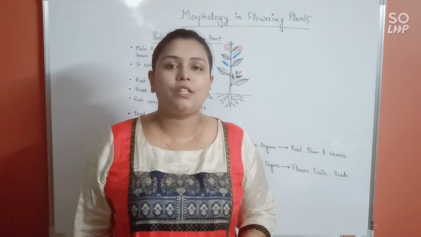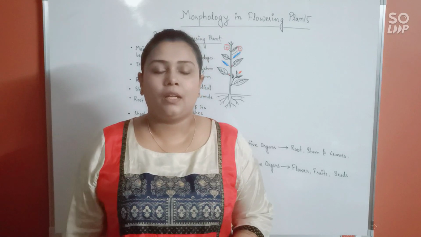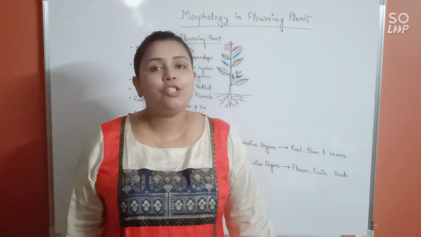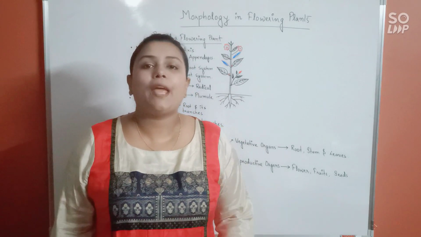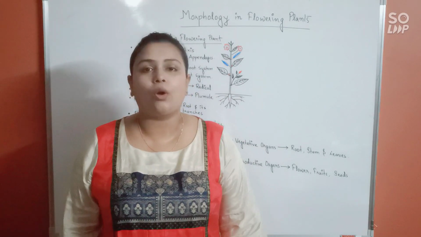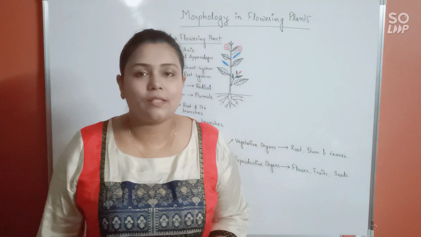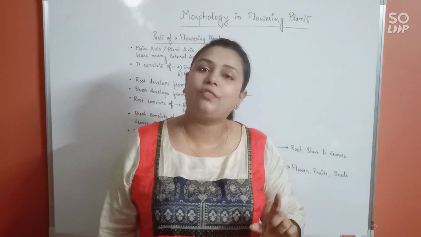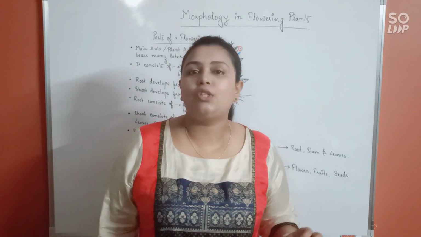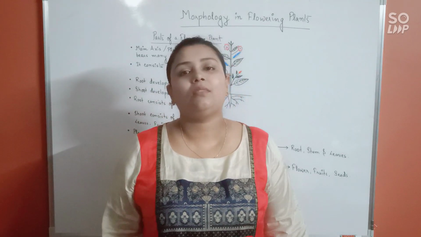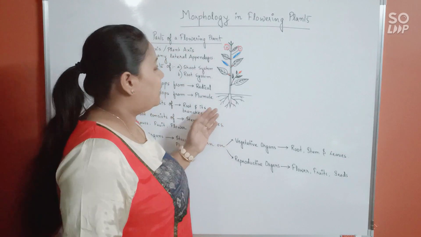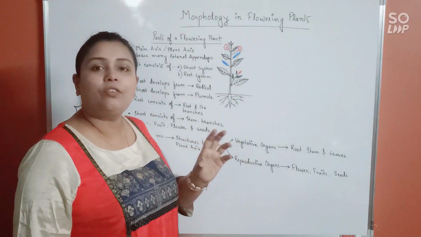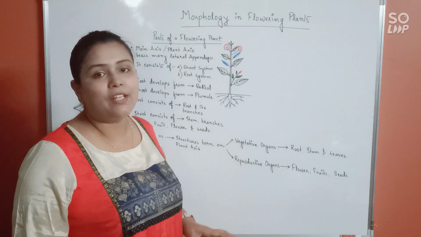So you come across the term morphology here. So first thing, what is morphology, right? Morphology means the study of external features of an organism. Now here we are going to discuss in this chapter in details the morphology of a flowering plant. That means angiosperm. Okay. So now see, this diagram gives you the appearance of a typical flowering plant or angiosperm.